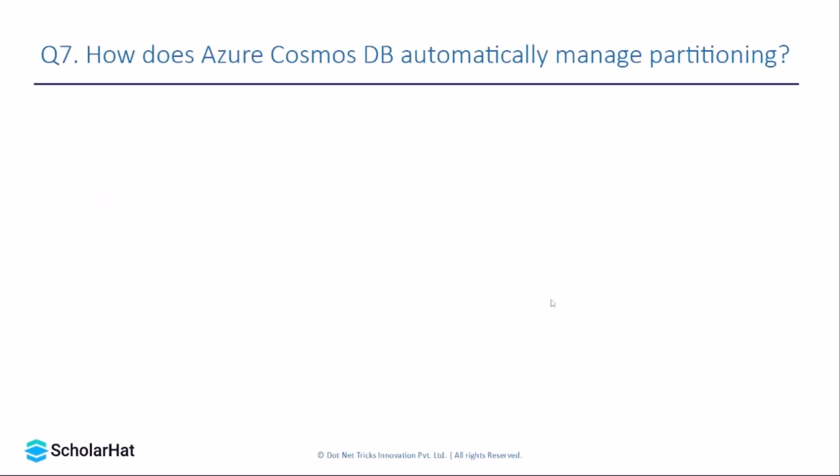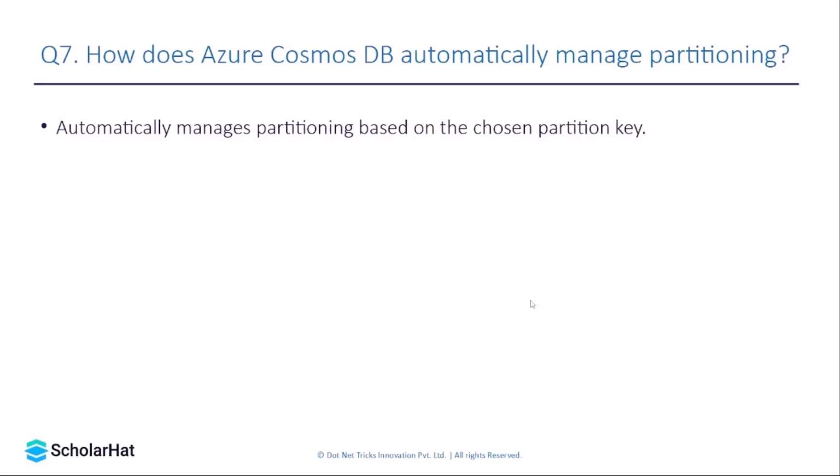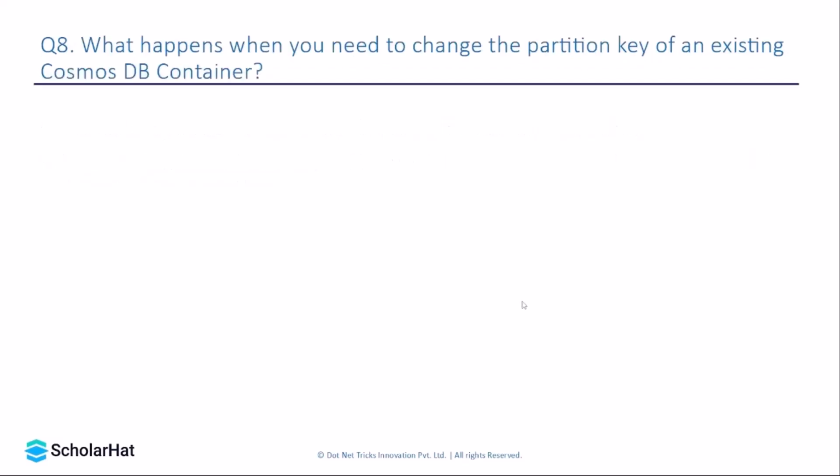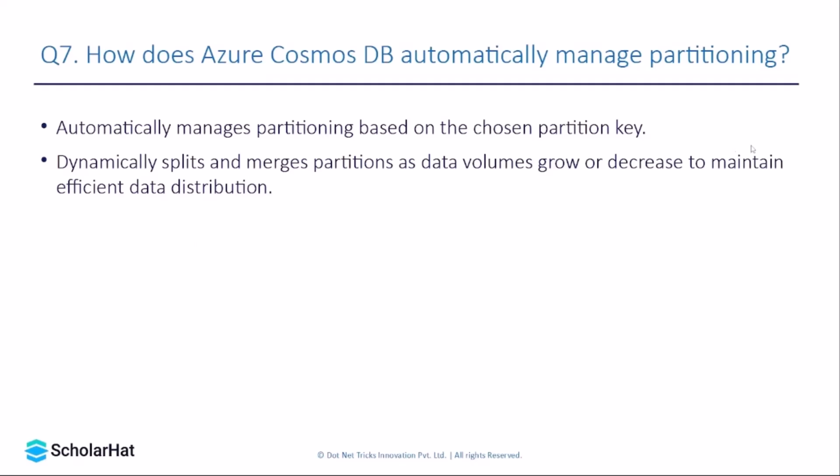Now the next question is, how does Azure Cosmos DB automatically manage partitioning? Azure Cosmos DB automatically manages partitioning on the basis of the chosen partition key. It dynamically splits and merges partitions as data volume grows or decreases to maintain an efficient data distribution. In simple words, partitioning in Azure Cosmos DB is done internally, and it relies on the key that we have chosen as the partition key. It automatically splits and merges different partitions as data volume grows or decreases to maintain data distributed